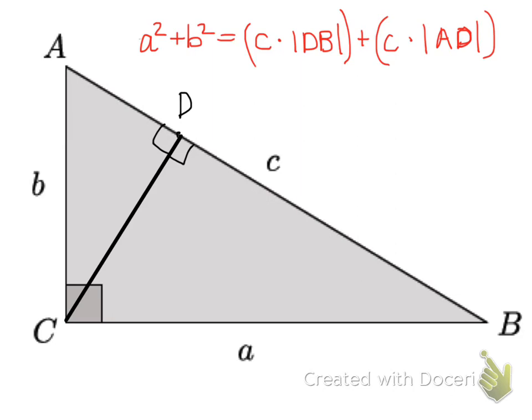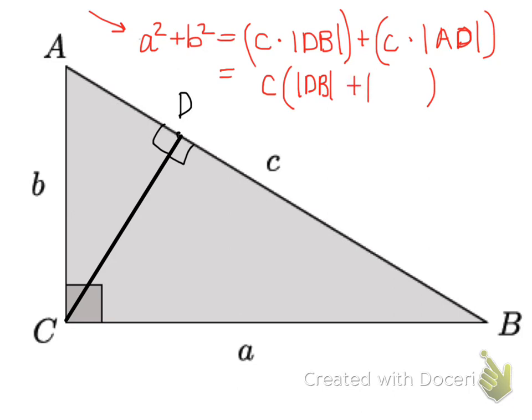Okay, so we're back to our original triangle, and this relationship here, a squared plus b squared is equal to, and I added some parentheses just so we can see the terms here, c times the length DB plus c times the length AD. I'm going to start working on the right side of this equation. I see that each of those has the c in it, so I can use the distributive property sort of backwards and call this c times something in parentheses. So it would be c times the length DB